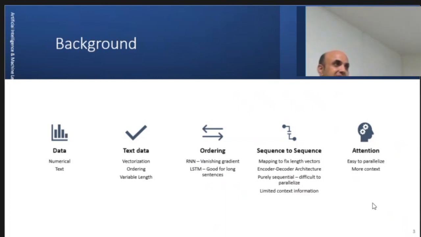These recurrent neural networks don't have a very long memory. If there are long sentences, they forget the context. If there are 5, 6, or 7 words, they can remember. But if it's a very long sentence, they forget the context due to the vanishing gradient. Then LSTM was introduced, which could fix that by controlling the information flow using certain gates. So we were better there with LSTM.